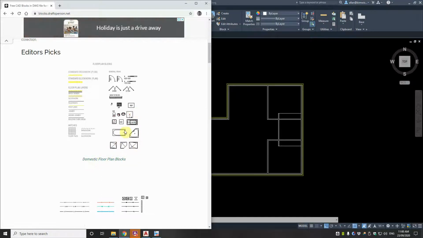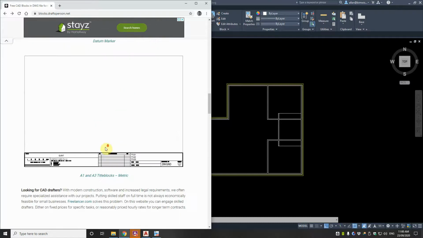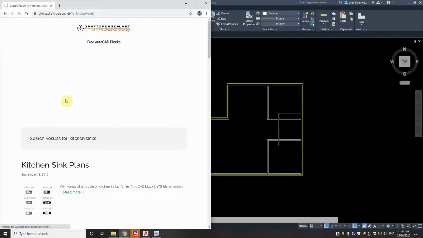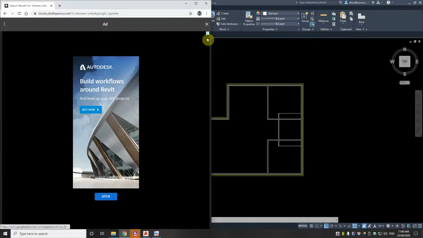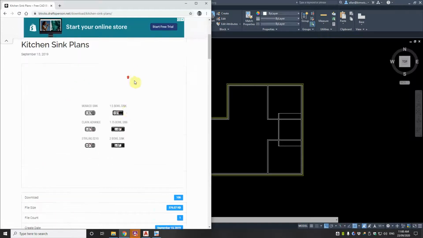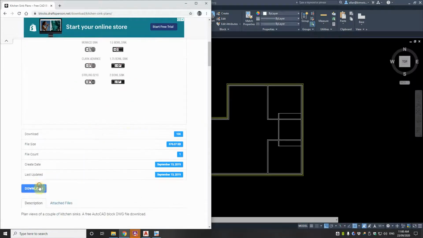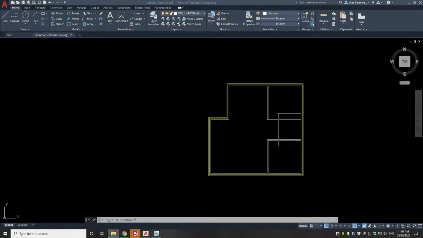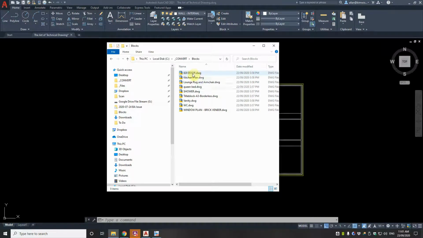I've used a lot of those things in there, and if you go down further here, you've got a search button, and if I say kitchen sinks in there, you can see that there's a nice ad. Build workflows around Revit. Actually an interesting ad. Kitchen sinks plans, and we can download that CAD file there. Now I've downloaded a bunch before already, and I have basically all of these come from blocks.draftsperson.net. I have modified a few specifically for this job, so I'm going to use these blocks now